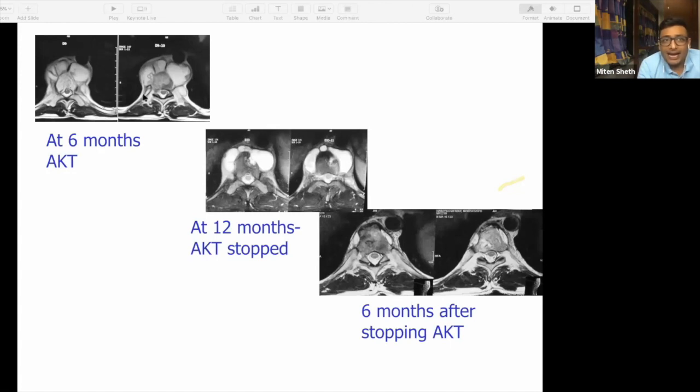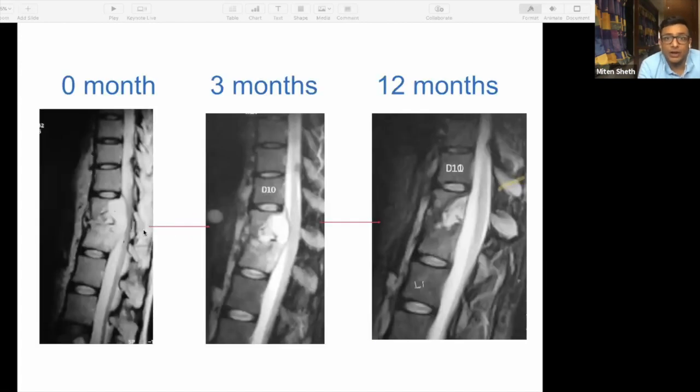Yeah. And this is where the pus is decreasing. Don't bother about all these things. This is for some other part. But this is where your pus is increasing and this is where your pus is decreasing. Again, this is where your pus is decreasing a little bit and here the pus has completely reduced.